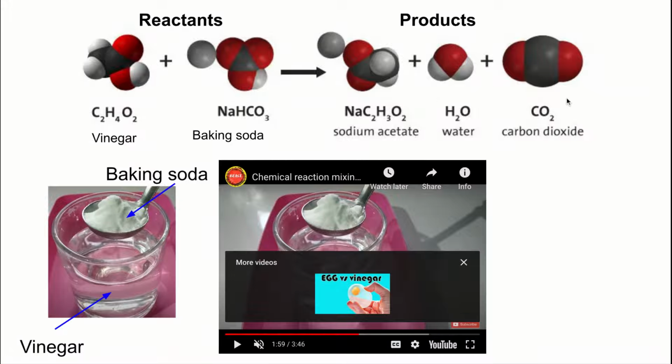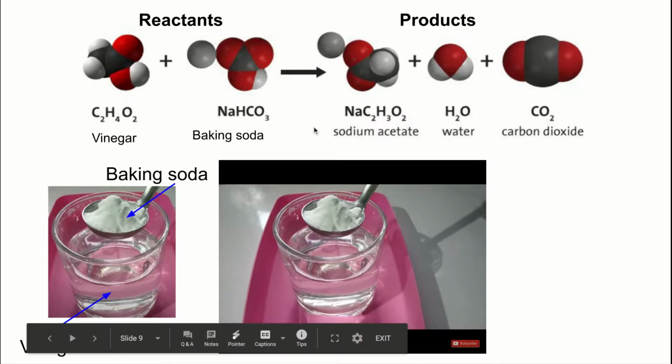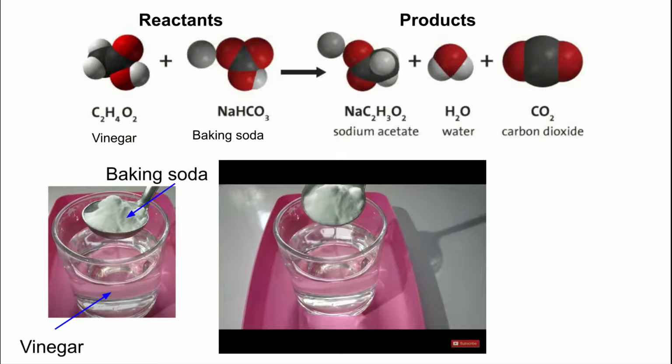Our products that I'll show you in the video in a moment will be sodium acetate, water, and carbon dioxide. And so you can see in this picture what the molecules look like. So these are our starting molecules, and we're going to take those atoms, essentially pull them apart and rearrange them into new configurations into these new molecules. And let's watch the video to see what happens when we mix these together and they're transformed into these products. So we put our baking soda into our vinegar,